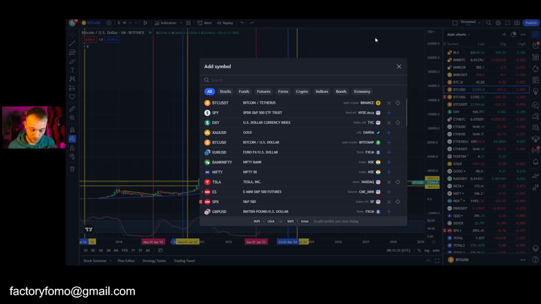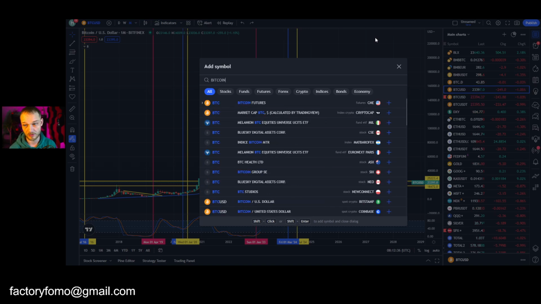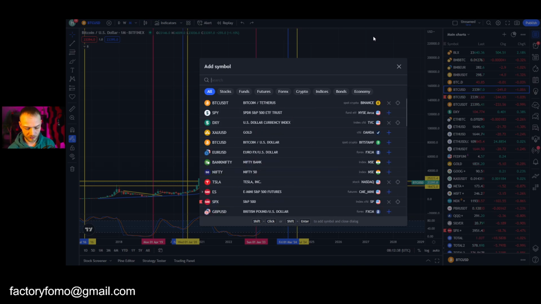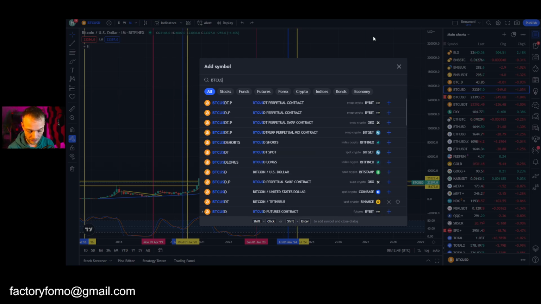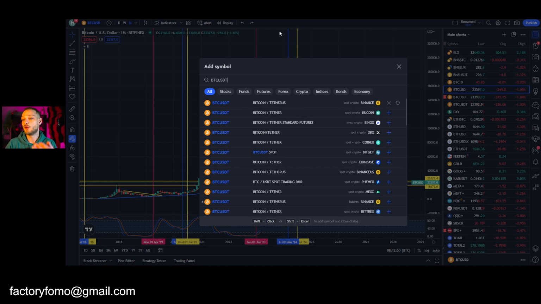So the ticker for Bitcoin, because you can press Bitcoin, of course, but you can also just press the ticker BTC, and you want to see the chart of BTC compared to the dollar, right? So then you press BTC and then you just fill in without a space USD. Then you have all these different ones, and it's basically all the same chart, but it's on a different